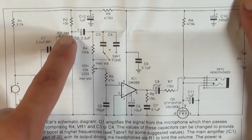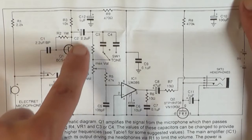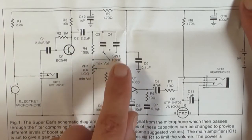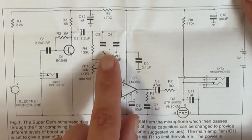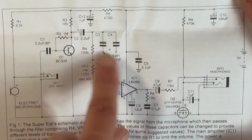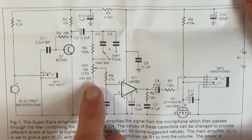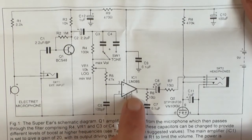The output is taken from the collector, going through this electrolytic 2.2 microfarad capacitor, which is going through this 100k resistor. It's got a tone switch here, which is switching between C3 and C4 and nothing. So I'm assuming high frequency and low frequency, even though these capacitor values aren't marked. So this 100k and these two capacitors will be forming a filter. That then goes into this logarithmic 10k volume pot, which is then fed via this 47k resistor into pin 3 of the LM386,